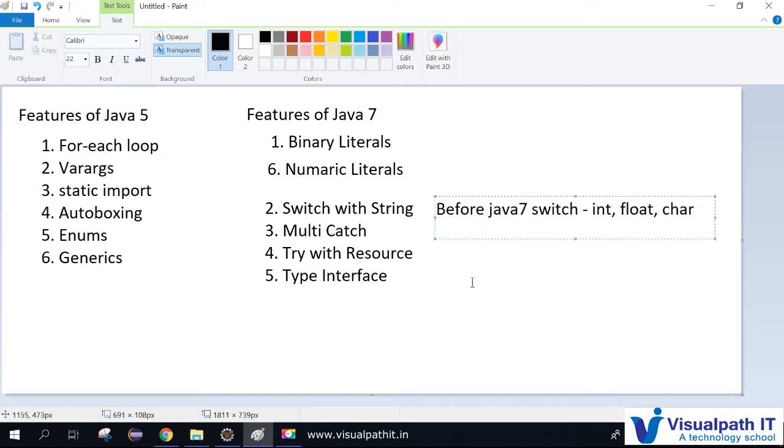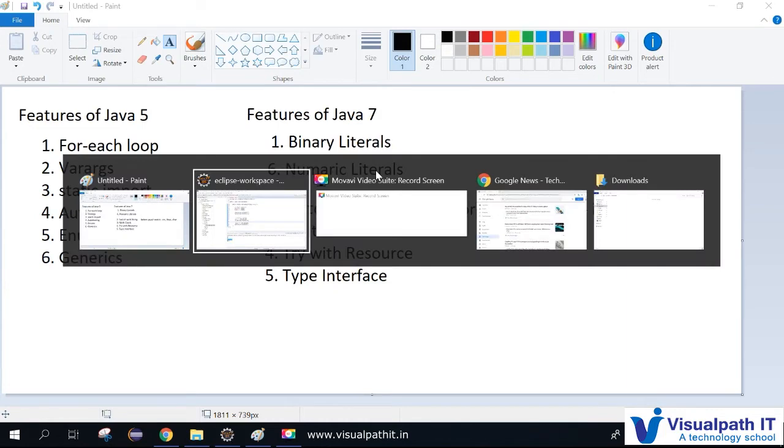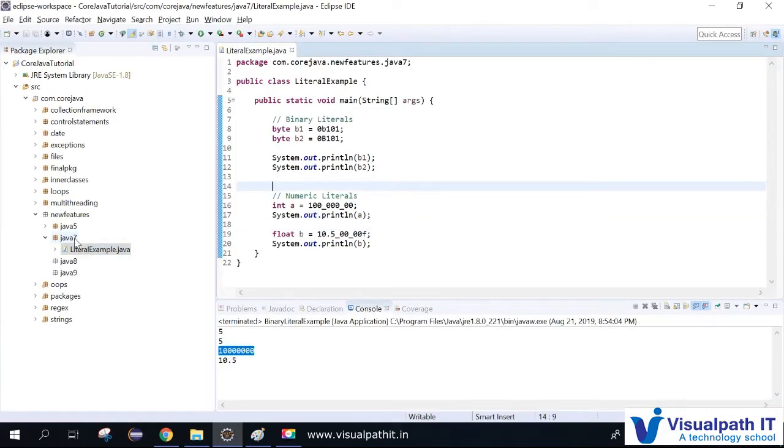It is difficult if you have a string, there is no possibility of passing it, and we would need to keep it in some map or something, then use those keys, and we would have a lot of struggle. So after switch case started allowing strings, it makes the developer's life better after these features. That much good it is, and that much important it is. And make sure, guys, this was introduced as part of Java 7 features. So let us try that and see how it actually looks.